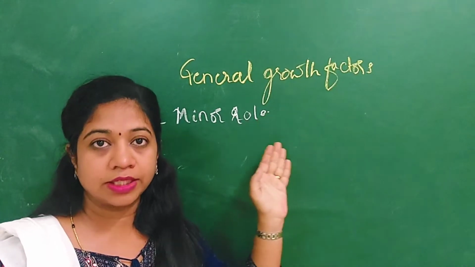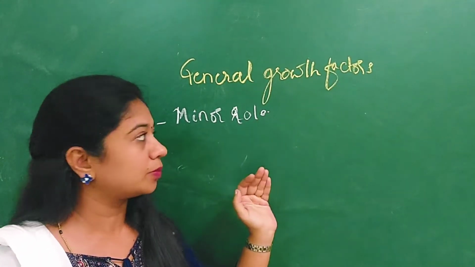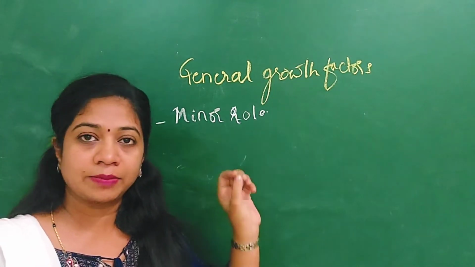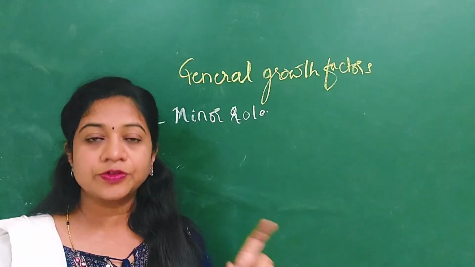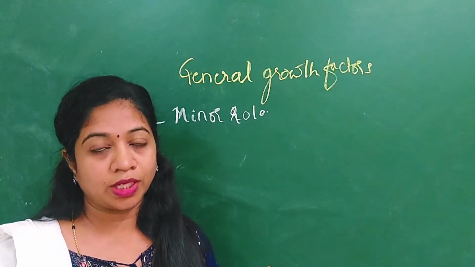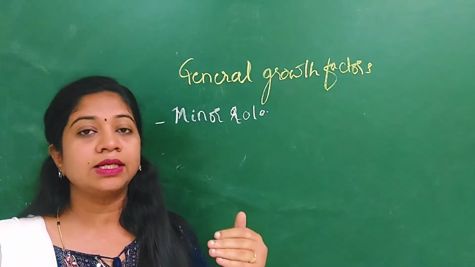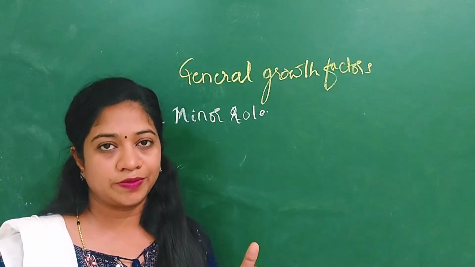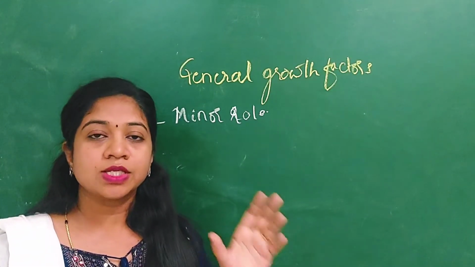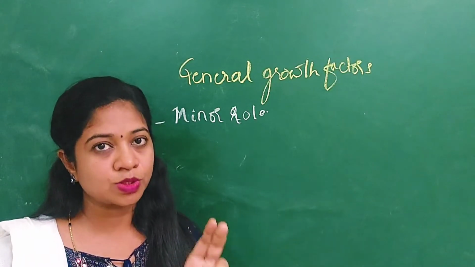The next factor involved in the pathogenesis of pathological myopia is the general growth factor, but this plays a very minor role. Usually the lengthening of the posterior segment of the eyeball commences whenever there is a growth spurt, and this growth continues till the general growth of the individual stops. Till then there is lengthening of the posterior segment.